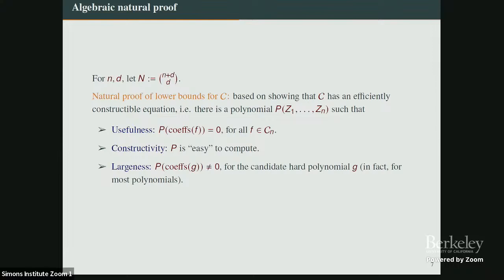is in some circuit class Cn that I want to prove a lower bound for, then the coefficient should vanish there. And p should be easily constructible, that is, the complexity of p should be easy in some sense, whatever the complexity is. And if you want to show something else, for example, that a random polynomial should be hard, right, not in that class, that implies that if you evaluate the coefficients of g at p, it should be non-zero. Okay, so that is how you set up the lower bound setting in the